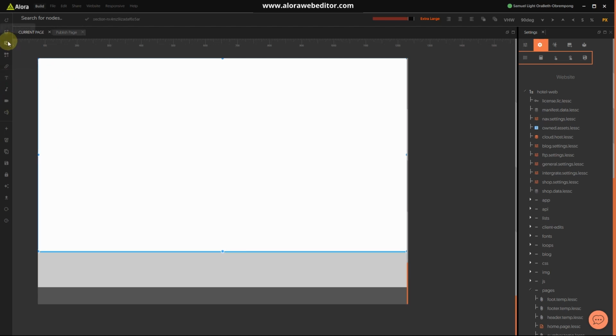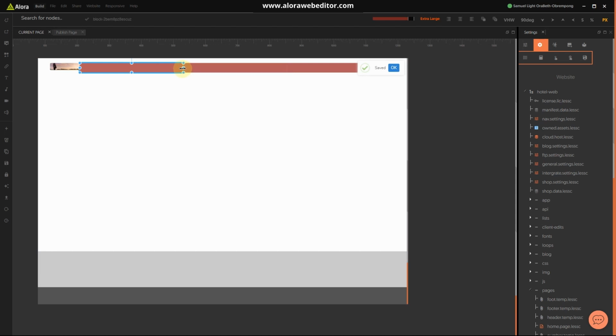Okay, so we are going to have an image in here. You can see our image, so we reduce the size a bit, and we have a block, we have another block, and we have our last block. I'm sure you will understand this very soon. So now this is going to be our navigation. Let's pull it this way, and this is going to be the block that has our